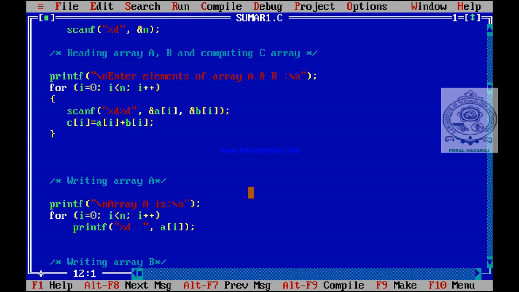See, let us see what will be the output. Now enter size of array, because A array size, B array size, C array size common. That's why I will give 4. Let us say 4 array elements. Though 10 locations are reserved, we are entering only 4 elements. Enter elements of array A and B. First number you type corresponds to array A, second number you type corresponds to array B. So 2, 4. Then once again, first number to A, second number is element of array B. I will write 5, 6. First element A like 7, second element 8.